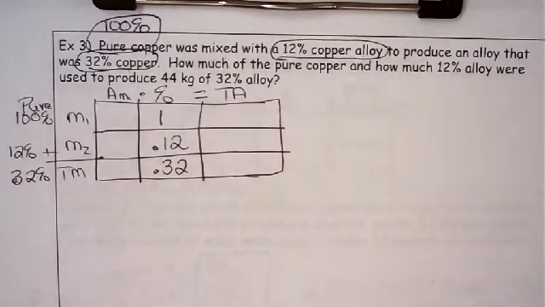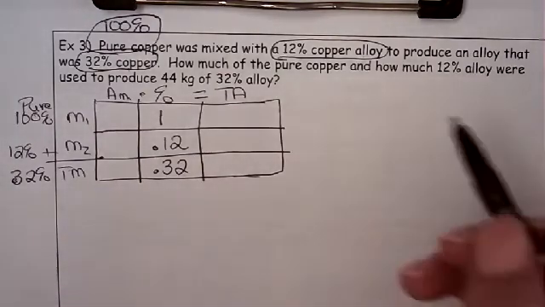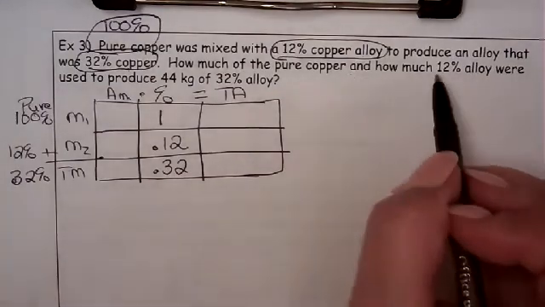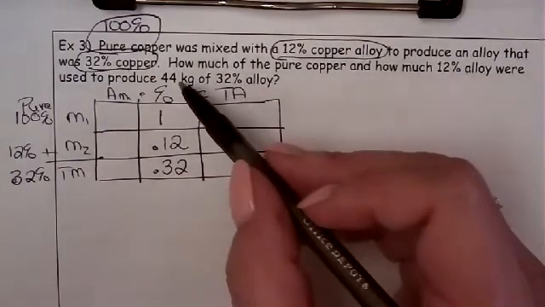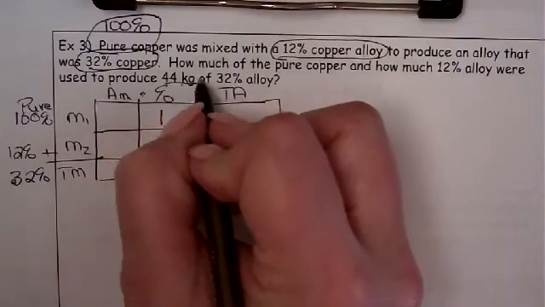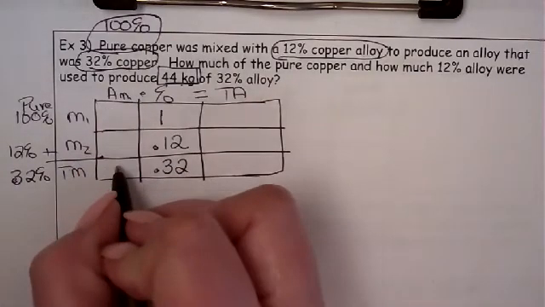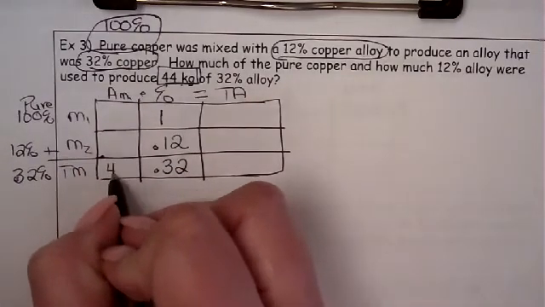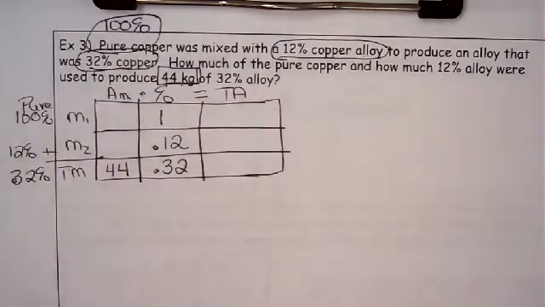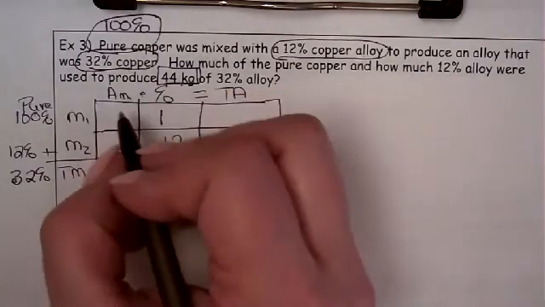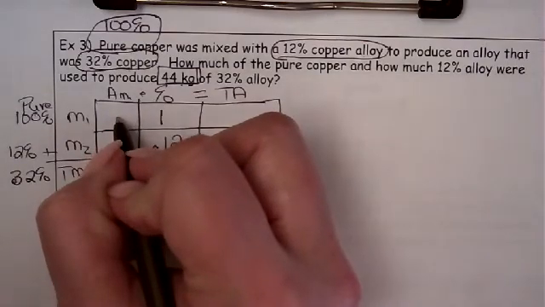Now, one little piece of information. How much of pure copper and how much of 12% alloy were used to produce 44 kilograms of 32% alloy? So our total amount here is 44, okay? Now we remembered before, we're just gonna let the first mix be our X,